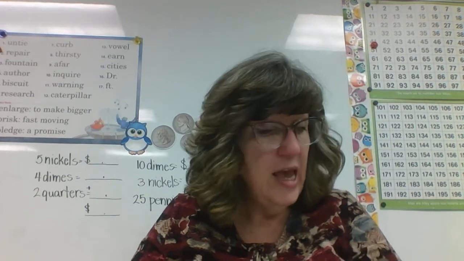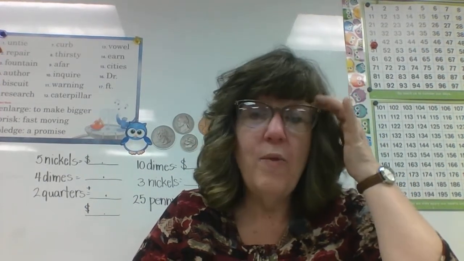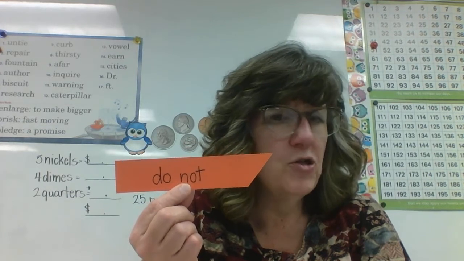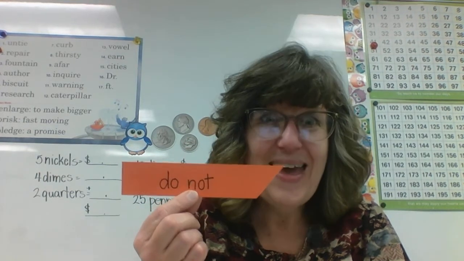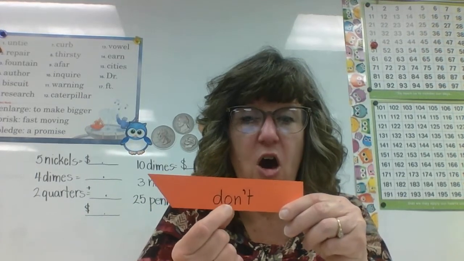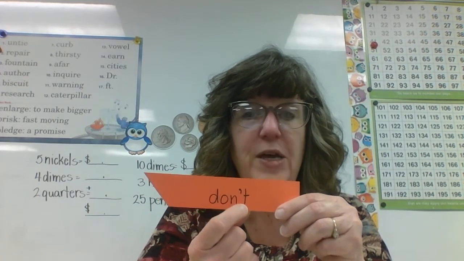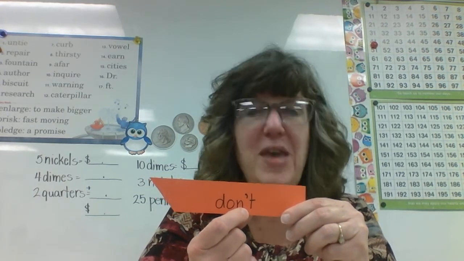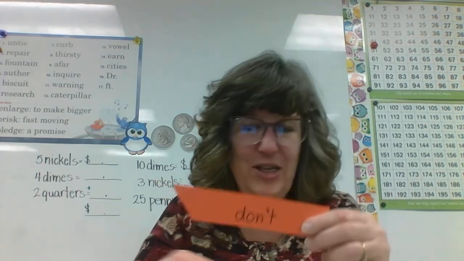The first one is going to be Abel. Abel, can you tell Mrs. Kraft, please, what would be the contraction for do not? Do not. What would be my contraction for do not? Hey, that's right. I heard you all the way over here. It's don't. D-O-N apostrophe T. Don't. What letter did you leave out, Abel? The O. Awesome job. Great job.